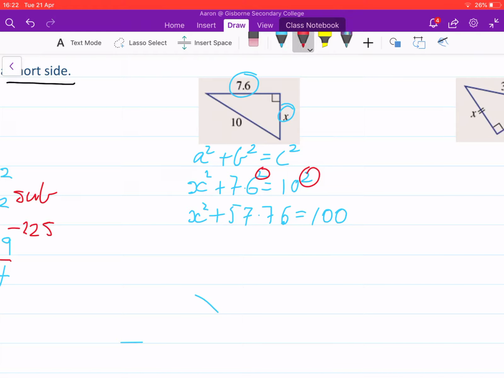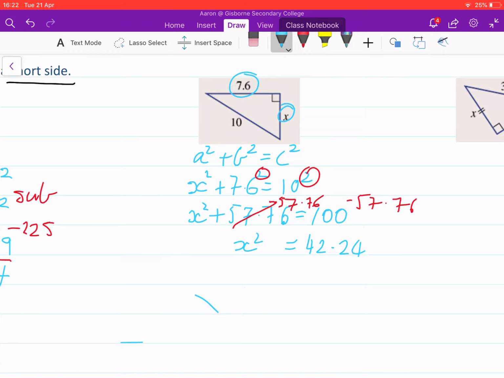Alright, now we're going to subtract 57.76 from both sides. And we know that that just takes that out, so that's gone. 100 take 57.76 is equal to 42.24,